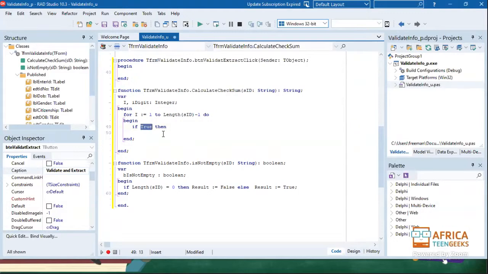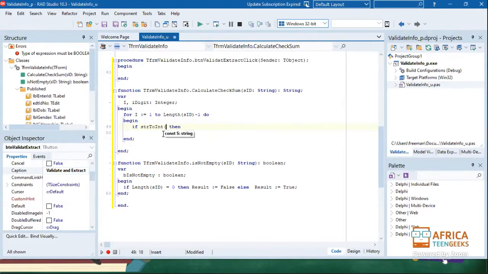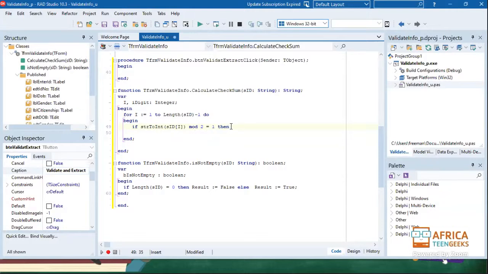So I'm going to say if str to int, okay, SID, the character of the string at position I. Okay, so now I've got that character as a string. What am I doing with it? I want to say if that mod 2 equals 1,